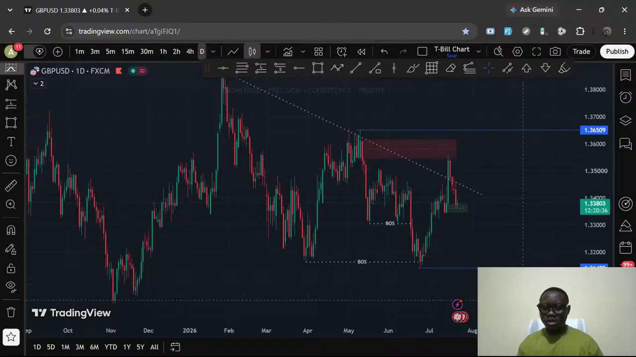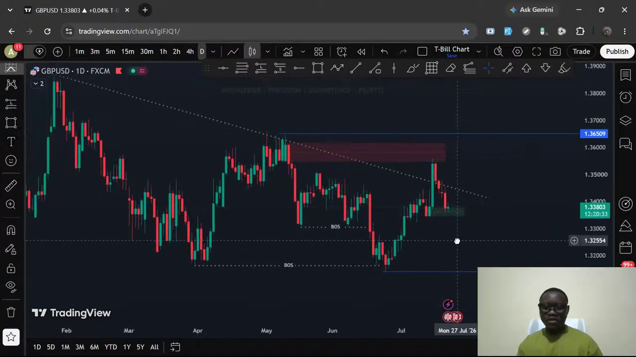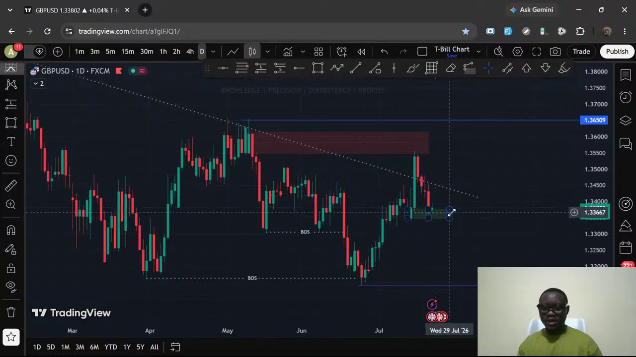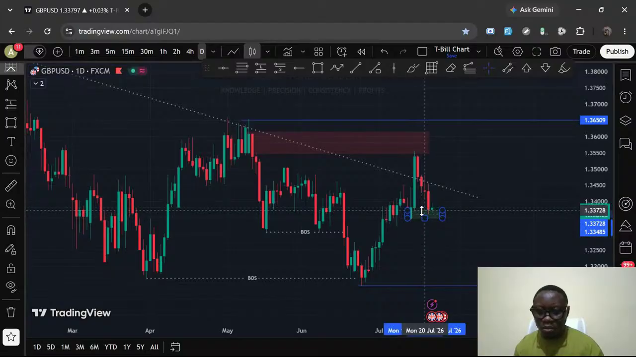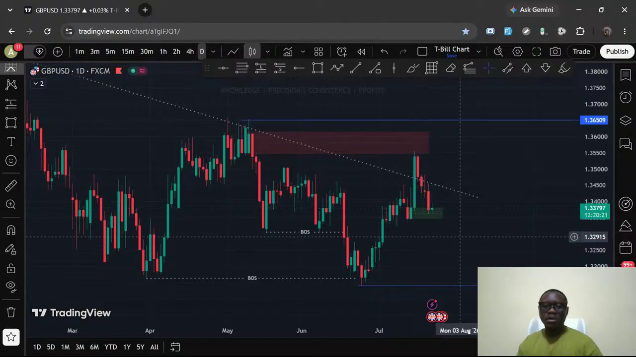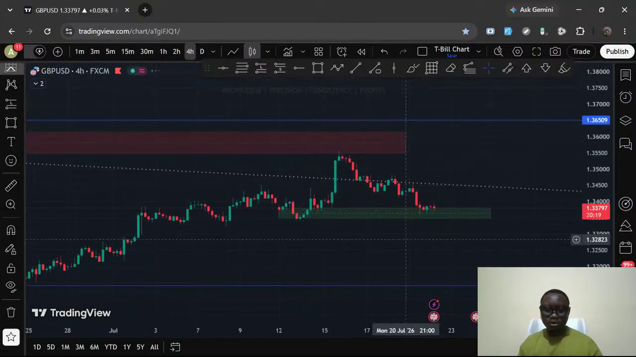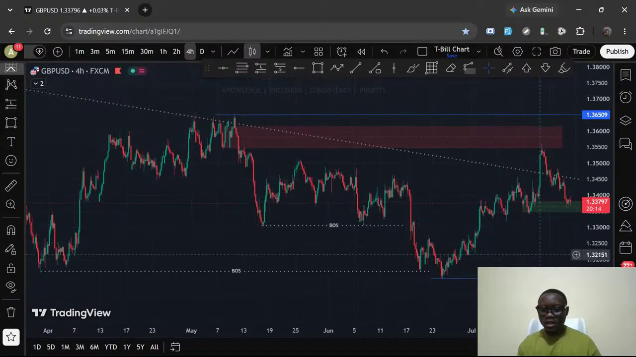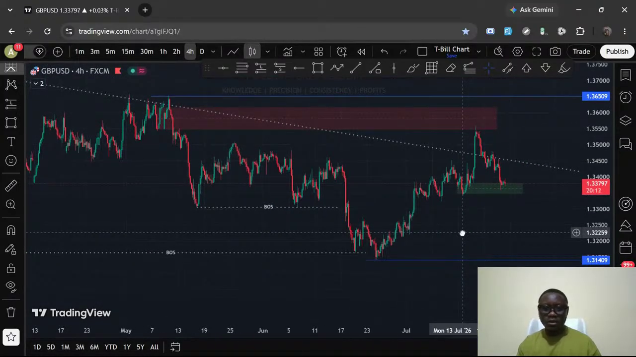Okay, so this is what we have. Now we have this structure. Let's drill down to the 4H time frame and identify the 4H zones as well. Let's drill down to the 4H time frame real quick. Look at what the 4H time frame is doing. And for the 4H time frame,